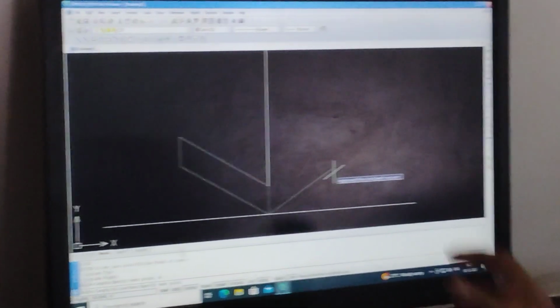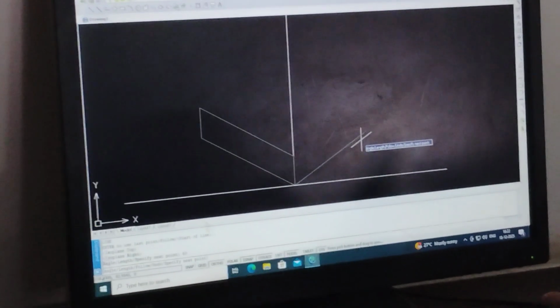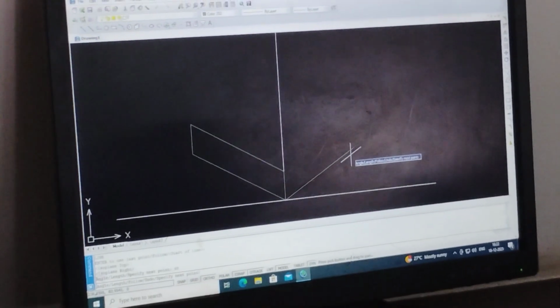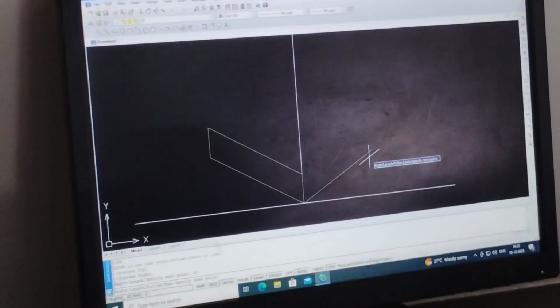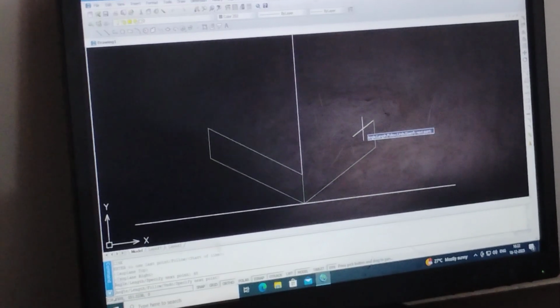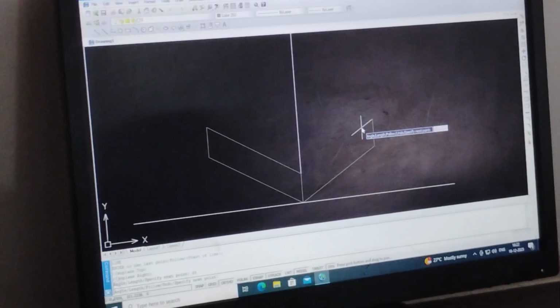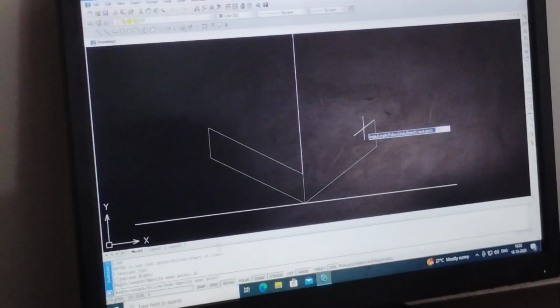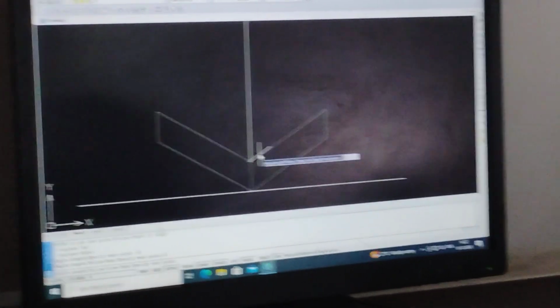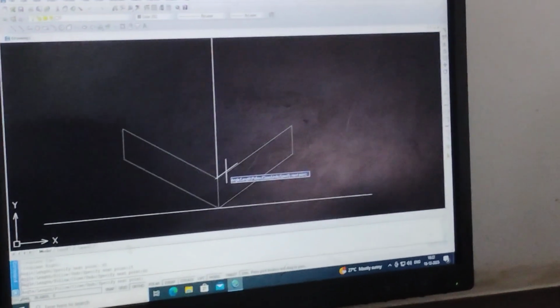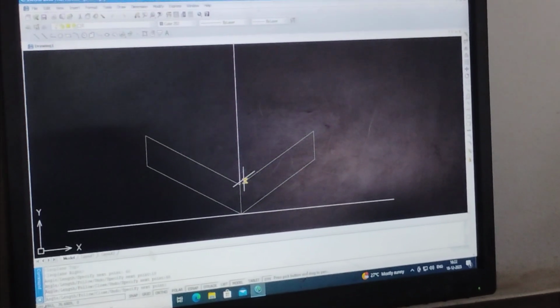How did you get it? Because 15 in between slot is 30 and the other end is also 15. So 15 plus 30 plus 15 is 60, right? Again, what is the total height? 18. Enter. What is the closing distance? 60. Enter. Okay? You have drawn the line.